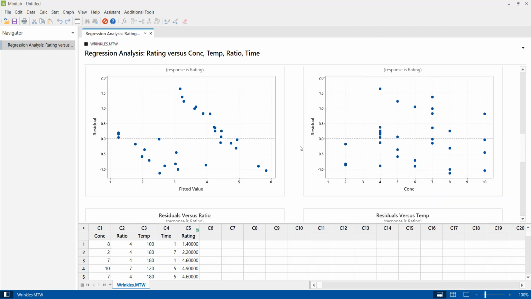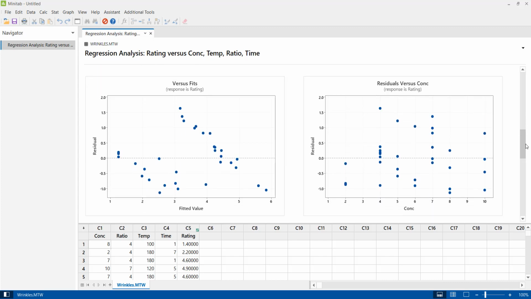So looking at the residuals versus fits plot, the points on the residual versus fits plot don't seem to be randomly distributed about 0 actually. Here you can see there is a pattern in this line. And there appears to be a cluster of points that could represent a different group of data. So I think we need to investigate the groups to determine the cause of this and then go forward.